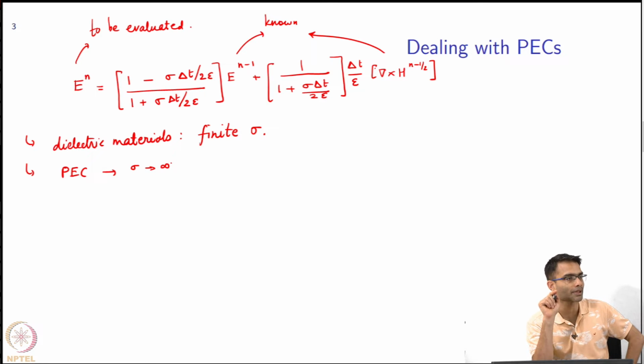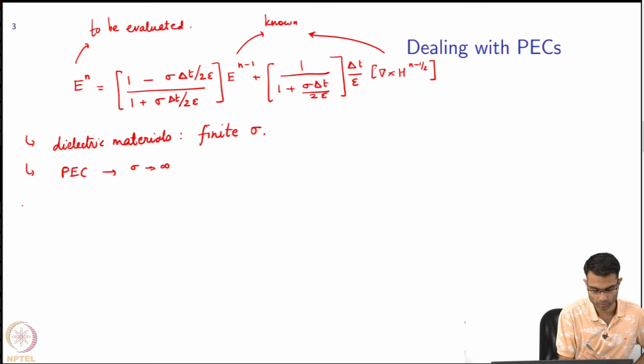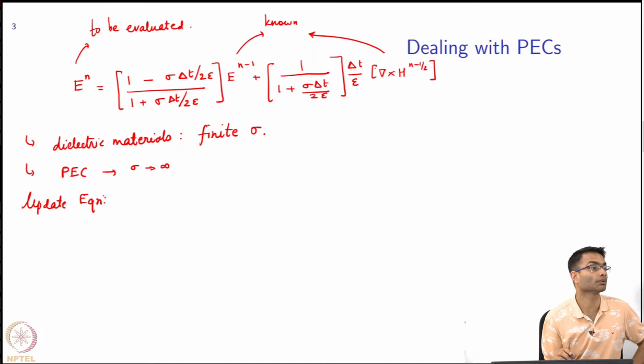Putting numerically something as infinity is a problem. So we need to work out the limit before we put it into the code, right? So what happens to this expression? You divide the numerator and denominator by sigma and take the limit. Correct. What will you get? The update equation for E is equal to